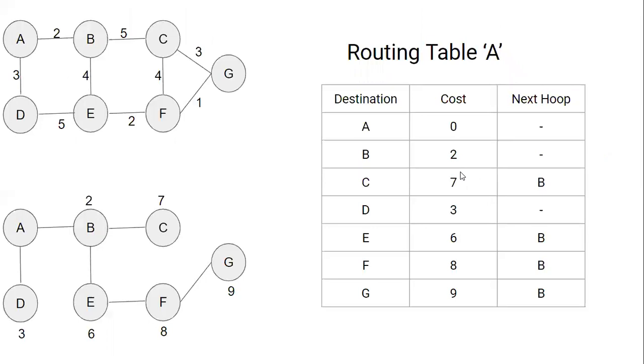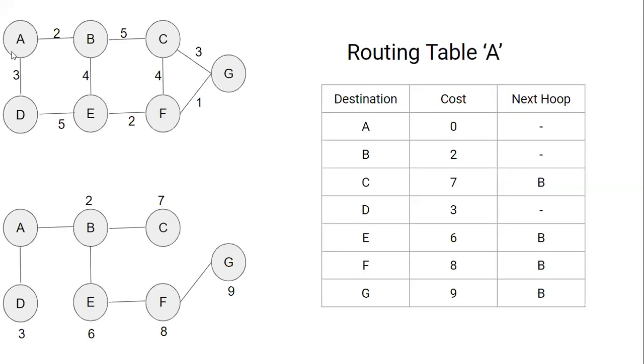In the previous Bellman-Ford algorithm, we used to write a routing table for each node, and again we used to regenerate that routing table into a new routing table. So here we don't do that. We simply calculate one after the other, and we give the updated values to the next node here. So this is an example, and you have all the values here. See here, we are creating a routing table for A now.